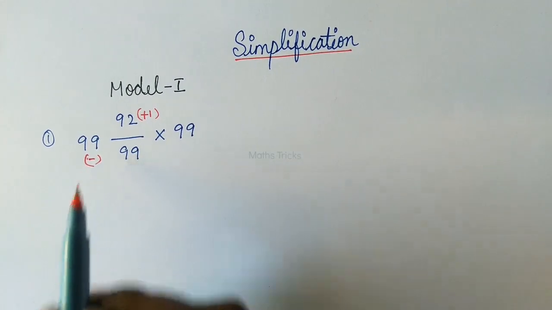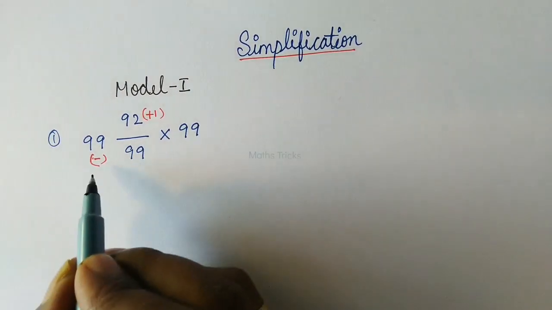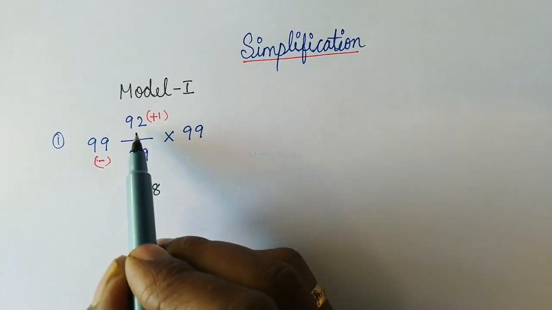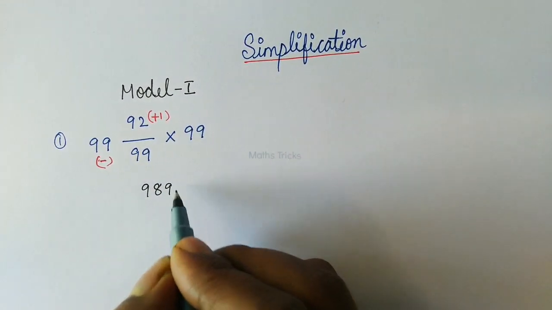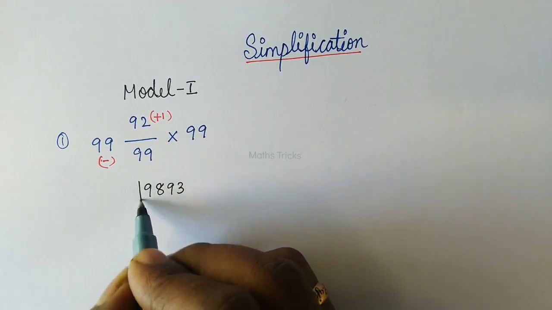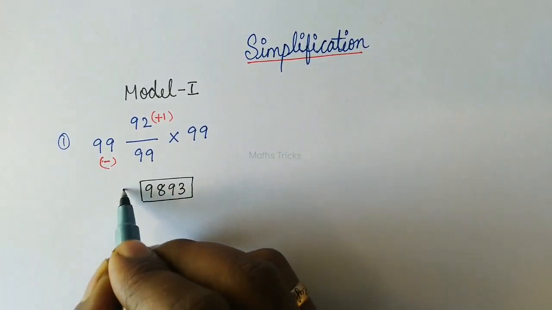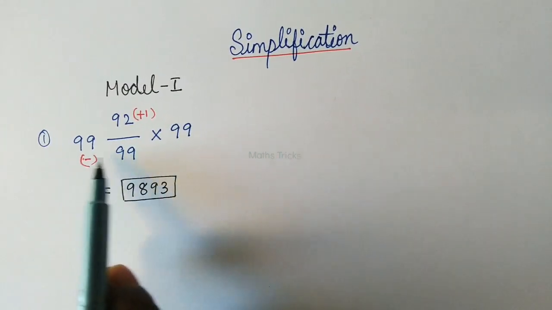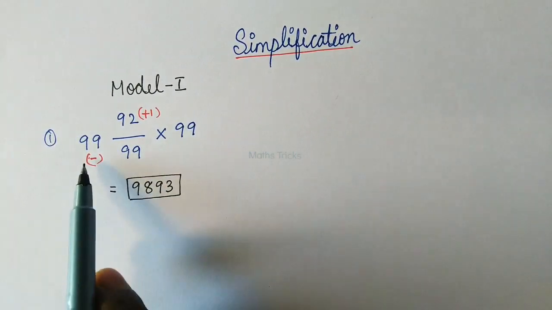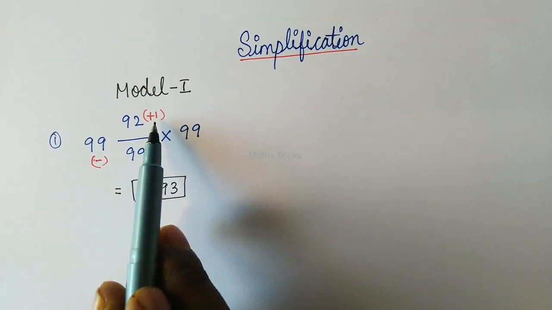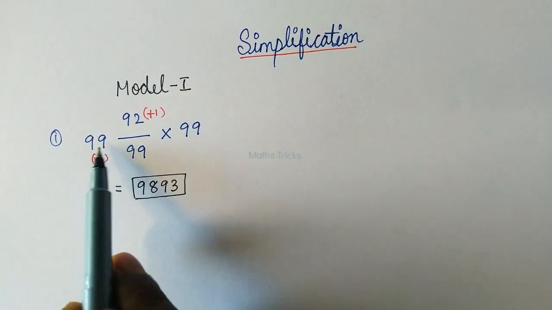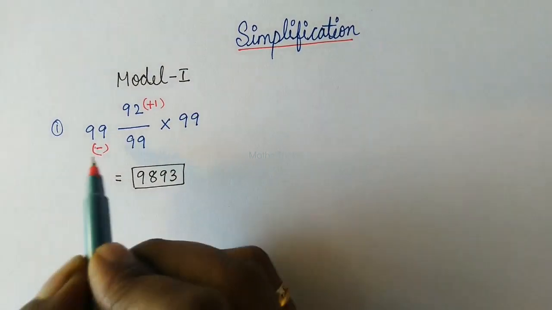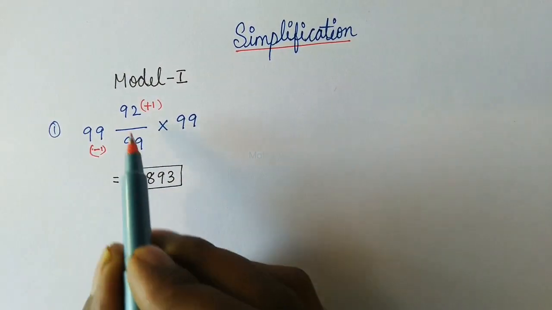That means 99 minus 1. We have to write 99 minus 1 is 98. The next step is we have to add +1 to 92. So 92 plus 1 is 93. So 98 93 is the perfect answer. Listen carefully. If we have these numbers as 2-digit and the same number, we have to do -1 here and +1 here. So 99 minus 1 is 98, 92 plus 1 is 93. This is the perfect answer for this sum.